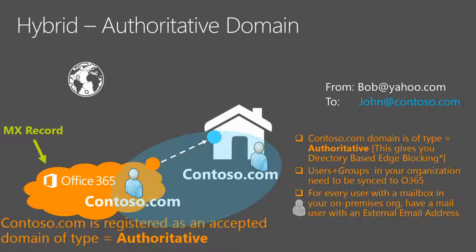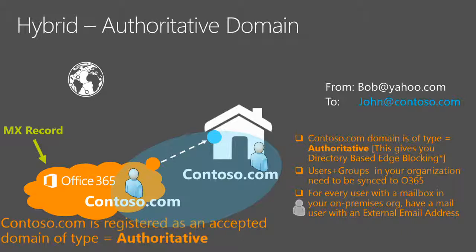Because you mark your domain authoritative, that tells us, Office 365, that the buck stops here. The mail stops here. If I don't find that user listed, I'm going to reject that mail. I'm going to NDR that mail. So it's very important that when you mark your domain as authoritative, you are syncing your users and